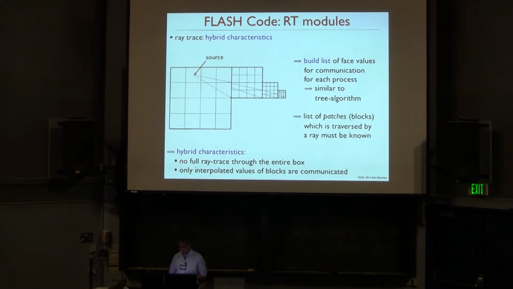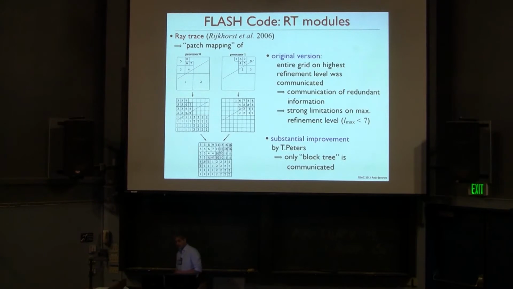It takes a little bit of both: getting the source fairly easily using the long characteristic, but then communicating only the phase values. It's a little bit similar to this idea of a short characteristic. Initially, to get this list of patches which are traversed by a ray, so you know which phase values you have to add up,